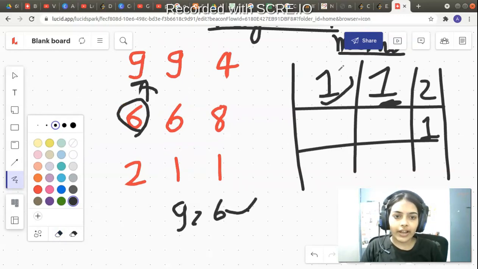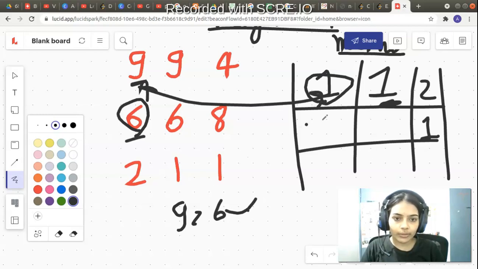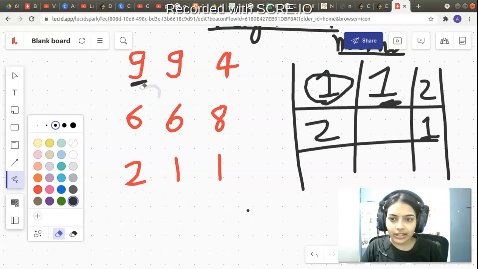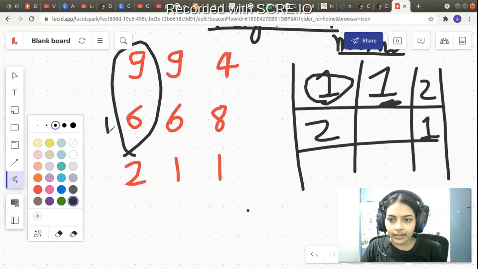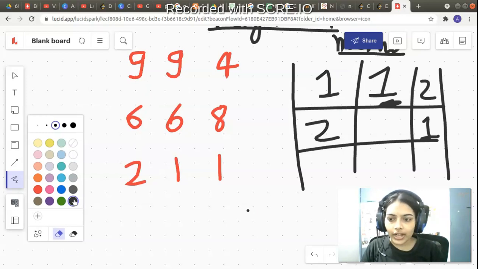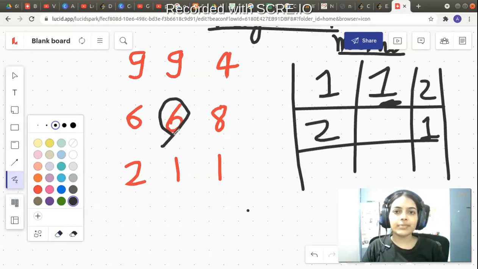So we will search the value in the memoization matrix corresponding to 9, which is 1. 1 plus 1 is equal to 2. So in the memoization matrix, we will store 2. So 6 is forming a maximum increasing subsequence of length 2, with the two elements 6 and 9. That is why we have stored 2 in the memoization matrix. Okay, now let's go forward to the next element. The next element is this particular 6.